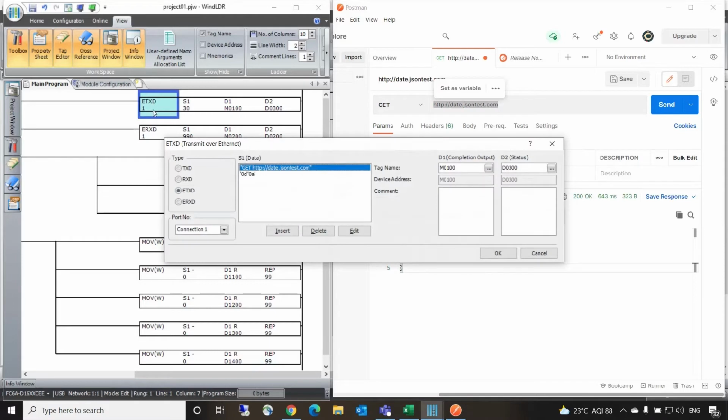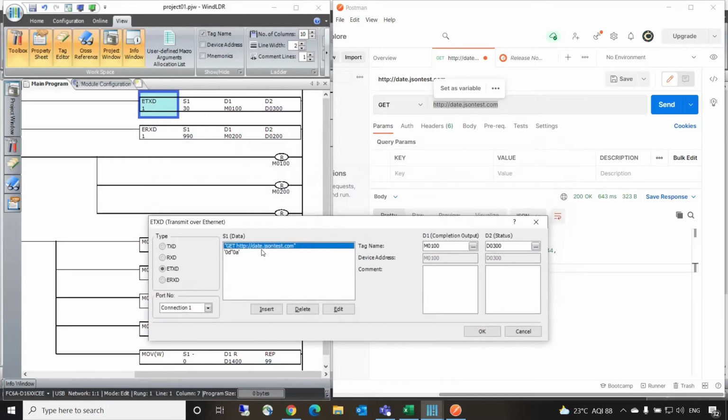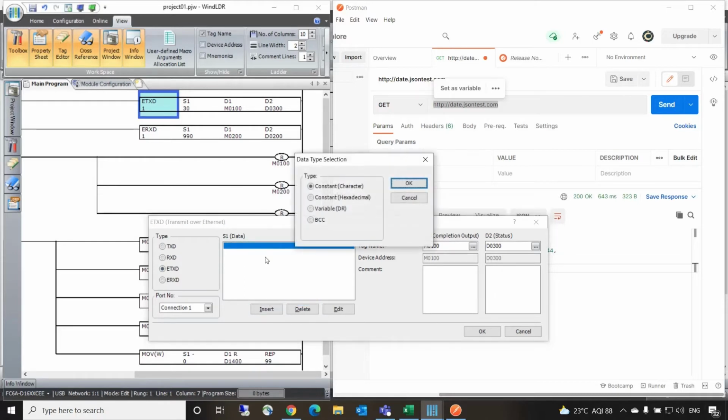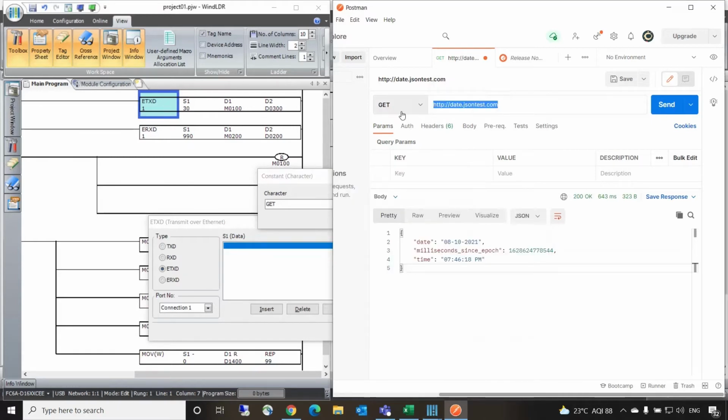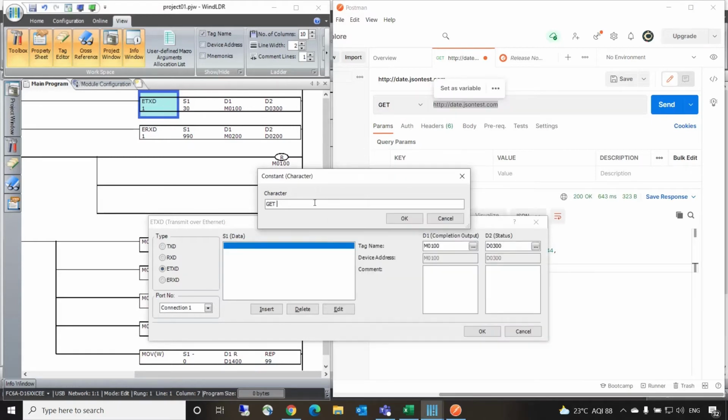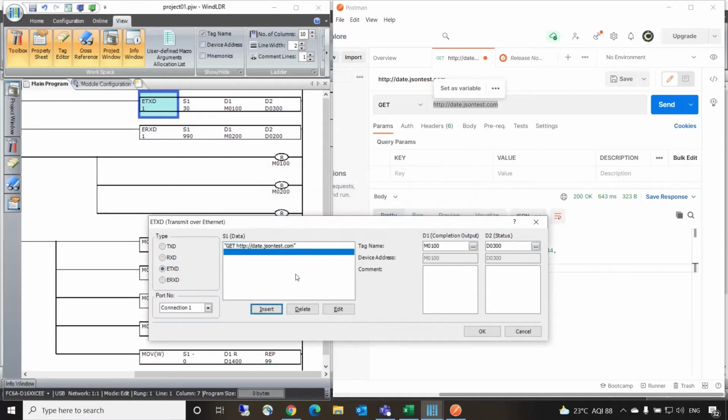So I'll open ETXT, insert new, and initially delete the existing one. Go to the character, and now I need to type GET space. I think I have already copied it. If you have not copied it, you can go there, copy it, then paste it here and click OK.